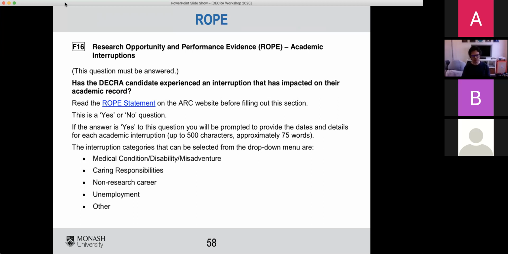So I sit on a whole bunch of selection panels as part of my job, and everyone always wants to assess people fairly with regard to opportunity, but you can't do that if the information's not there. So try and make it clear. So if you've had 3 years since your PhD and you worked half-time through those 3 years, say, it's been 3 years since I completed my PhD, I worked at 0.5 FTE. Through this period, I have therefore had 1.5 years of research opportunities since I completed my PhD. Do the maths, give them the number.